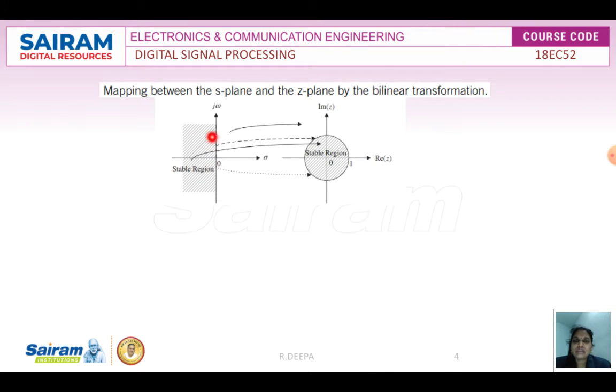Here you can observe this is your s plane, where we are interested in the left hand side of the s plane. We always know that the poles lying on the left half of the s plane account for stability of the filter. So we shade the left hand side of the s plane, which is drawn with s equal to sigma plus j omega, with sigma on the x axis and j omega on the y axis. This is the region where I am talking about stability. The poles which lie in this region account for the stability of the filter.